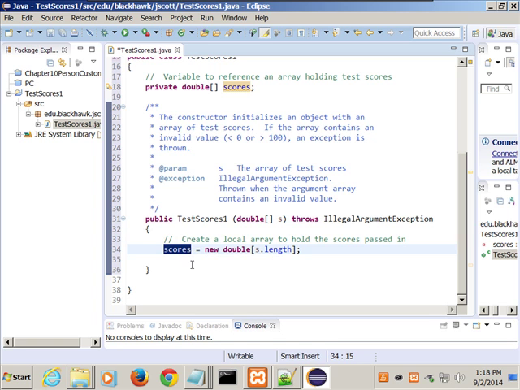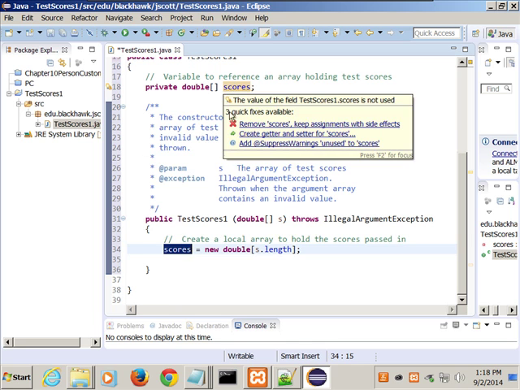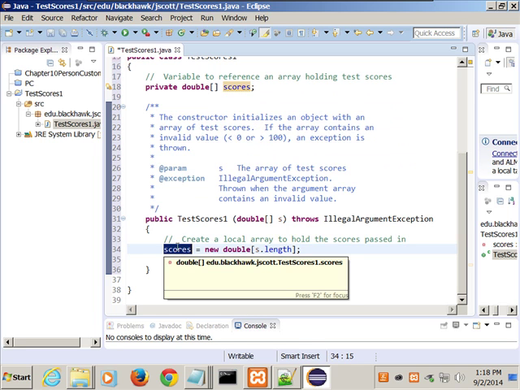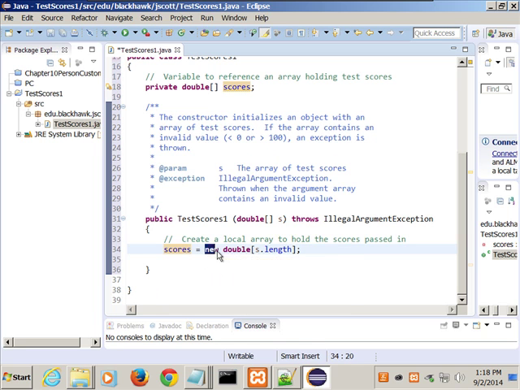So it's the name I'm going to, that variable right there that's in blue on line 34, that's not the same as the one up here. That one down here is local. I'm defining it in this method. And what am I saying? It's a new double, it's an array, and its length is going to be the same length as the array I'm passing in. All right, does that make sense? Then I don't have to worry about sizes or anything. It's always going to be the same exact size as the array that I pass in.